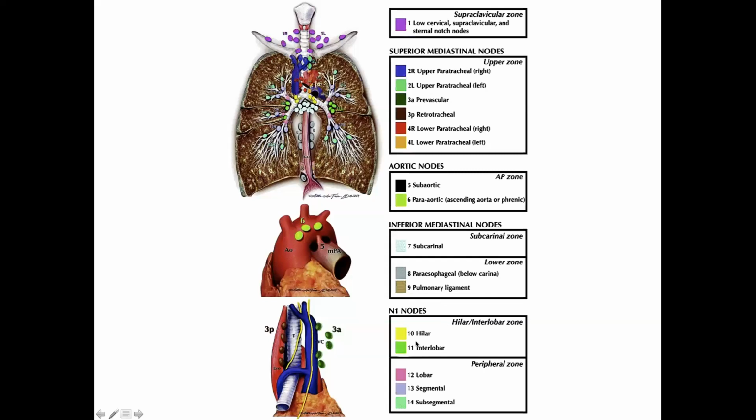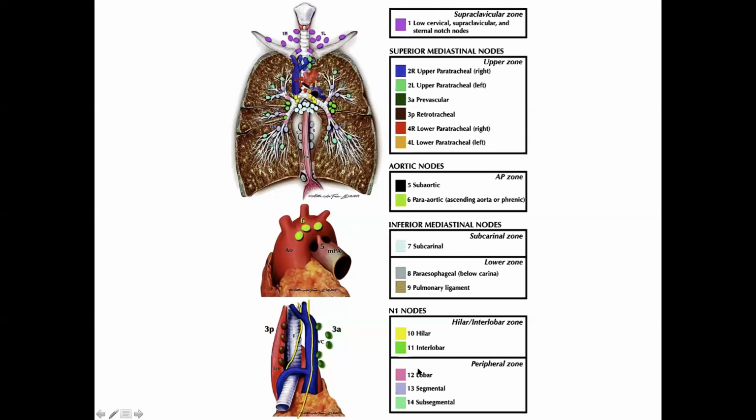And then obviously we've got the subcarinal lymph nodes below the carina, not unsurprisingly, paraesophageal station 8, and the pulmonary ligament lymph nodes down at station 9. And then obviously once we get into double figures, we're thinking about the N1 nodes. Hilar are usually the only ones that we might think about. 10, sometimes called hilar or sometimes called tracheobronchial, where that sort of confluence, and we'll come on to that later,